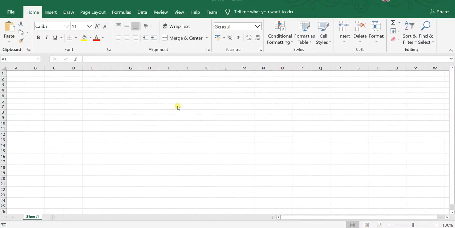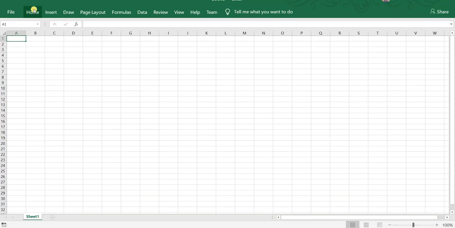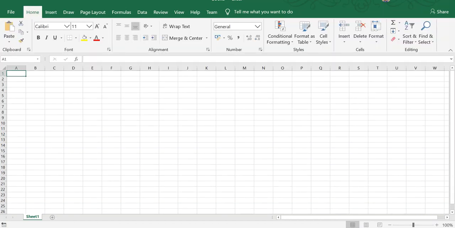So this is a workbook and this is a toolbar. The File, Home, Insert options where you see is a toolbar. This is also called the ribbon. If you double click on it, it will disappear. If you double click again, it will appear. See, let me double click on Home. So it disappeared. Again double click it, it will appear.